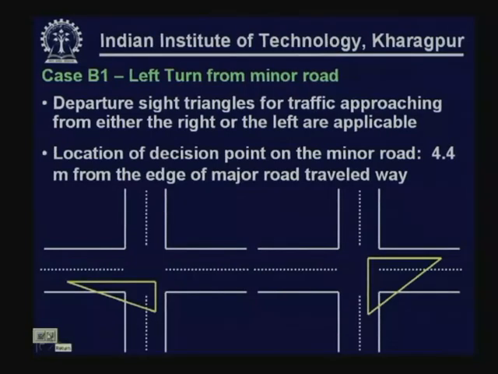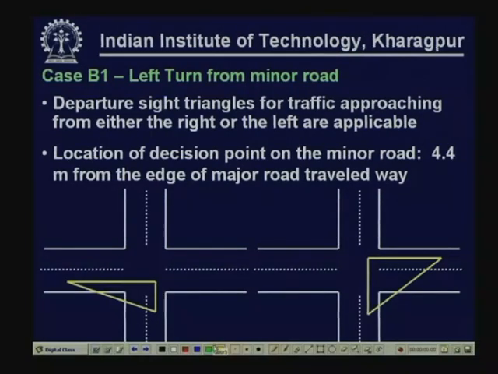So, here again let us see the sketch. Here this is the vehicle. So, when this vehicle, stopped vehicle, is trying to do the maneuver, it is possible that a vehicle may approach from the left side. So, this is the triangular area which should be free from obstruction. It is also possible that when this vehicle is trying to move, a vehicle may come from the right side. So, again this area should be free from obstructions,